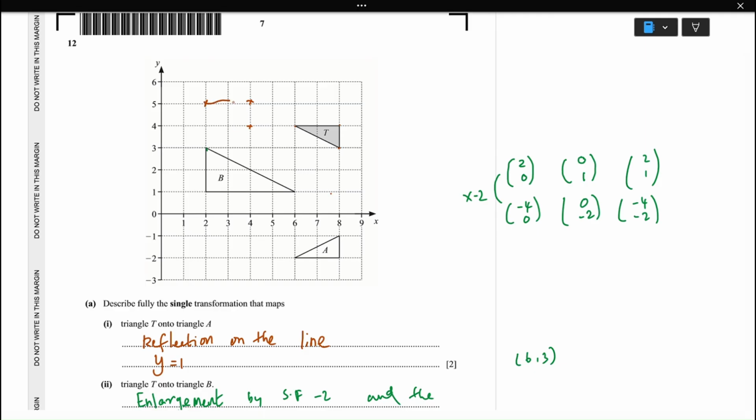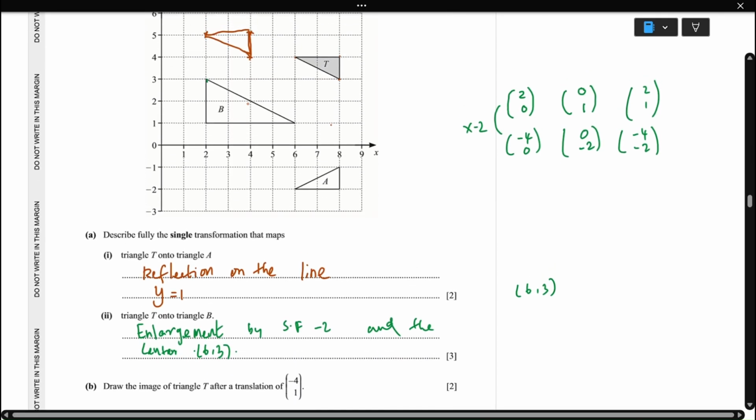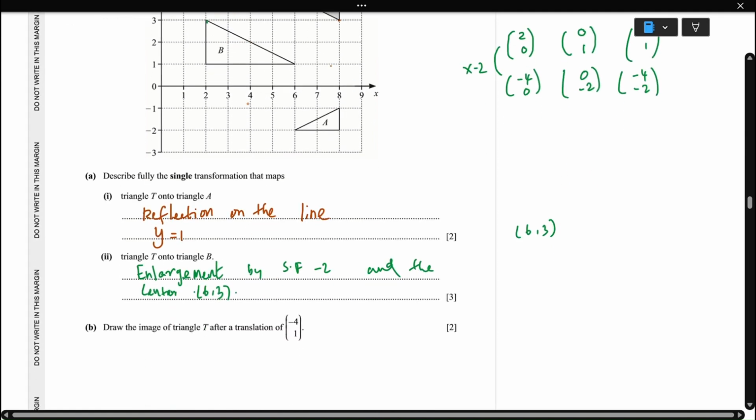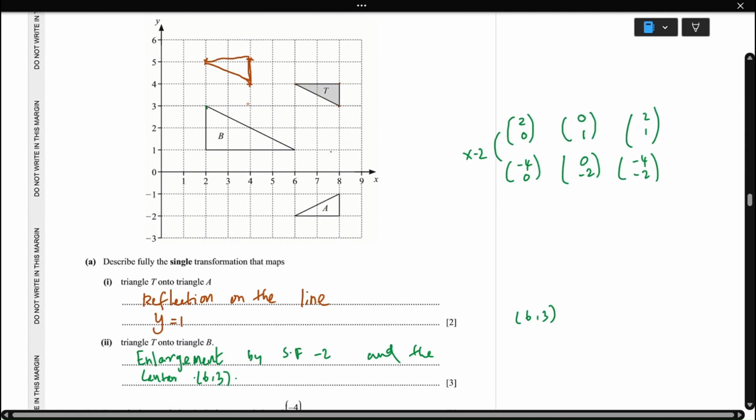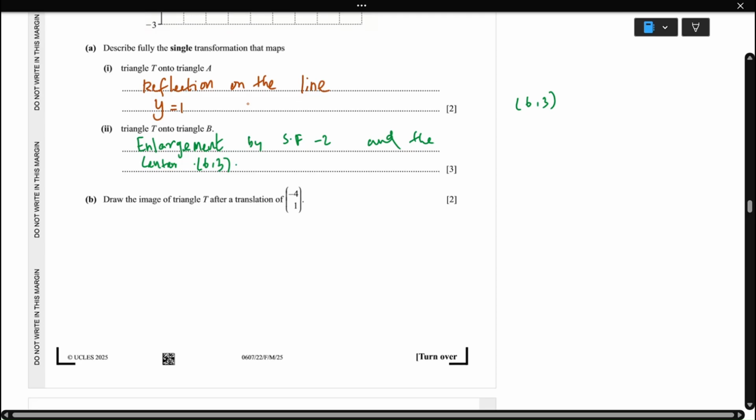Okay, so we need to draw like this. It should connect all these corners. Okay, like this. So label that, yeah, that's it, that's the answer. We translated. Okay, next